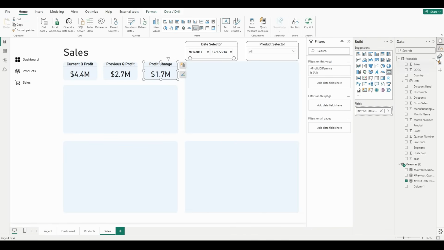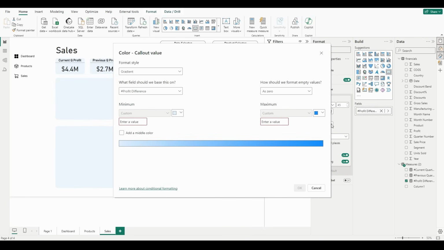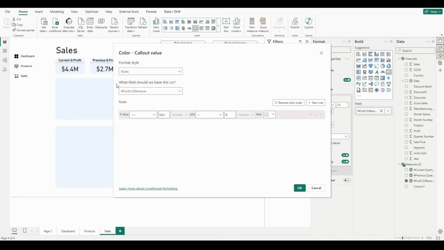And we can do that by opening our format pane. And for the callout value, next to color, we have our conditional formatting icon, and we will go to rules. The profit difference field is the field that we want to base this formatting on. And then for our rules, if the value is greater than or equal to, change this to 0, and less than max,